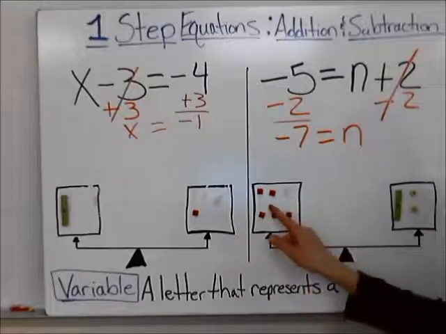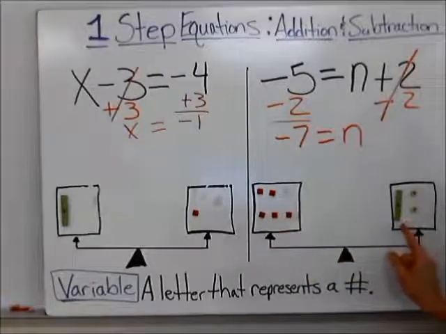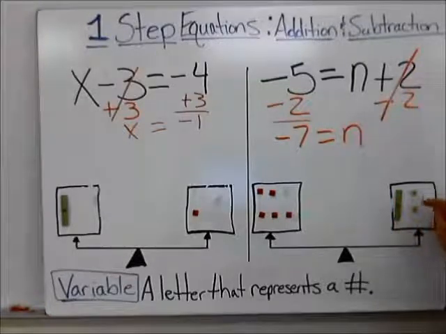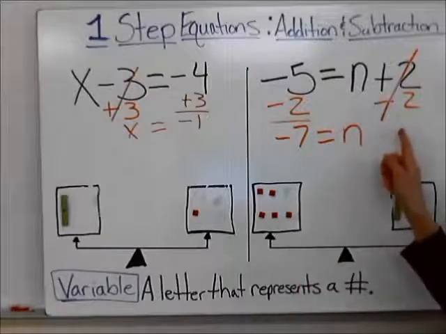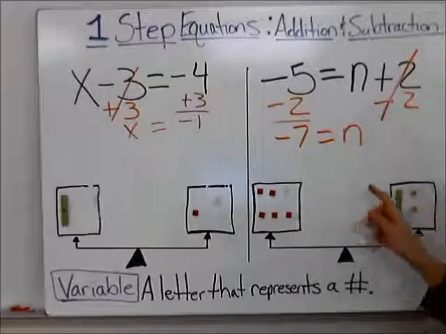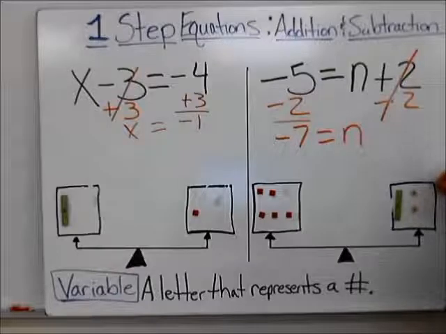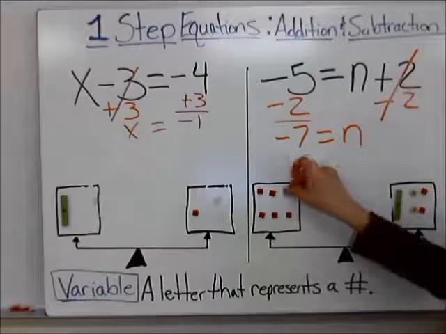Let's look at it down here with our integer chips. So I have 5 negative chips on the left side, and on the right side I have n, which is my green algebra tile, and 2 positive chips. Now, I'm going to use inverse operations. So I started over here on the side with the variable because the object is to get the variable alone. And I'm going to subtract 2. Subtract 1, subtract 2. And I'm going to do the same to the other side. Subtract 1,